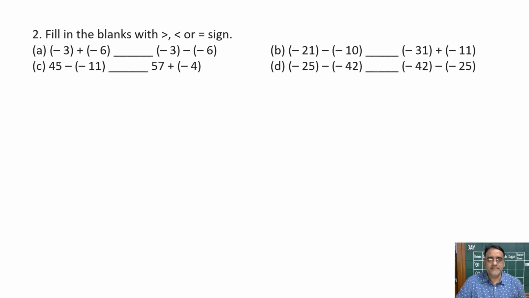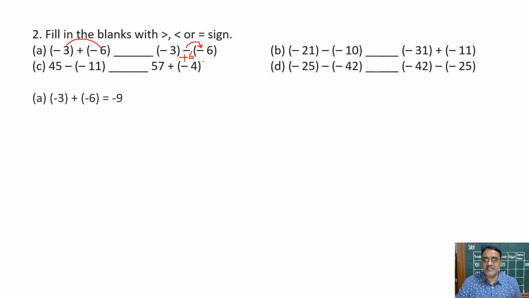So first question, minus 3 plus minus 6. ध्यान से देखो, मैं यहीं पे कर रहा हूँ, both are same sign. So we'll add the numbers and we'll put the same sign. So 3 plus 6, 9, and the same sign is minus, so minus 9. Next, these two will become plus, so minus 3 plus 6 हो जाएगा. अब ये दोनों का साइन अलग अलग है, so दोनों का डिफरेंस निकालेंगे 3, and we will put the sign